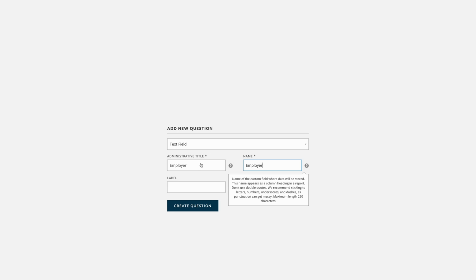Under Label, I'll add the question that my donors will actually see. I'll ask, what is the name of your employer? Next to this, I have the option to add placeholder text. Here, you can provide an example that appears in the box before people actually fill it out. Click Create Question when you're done,